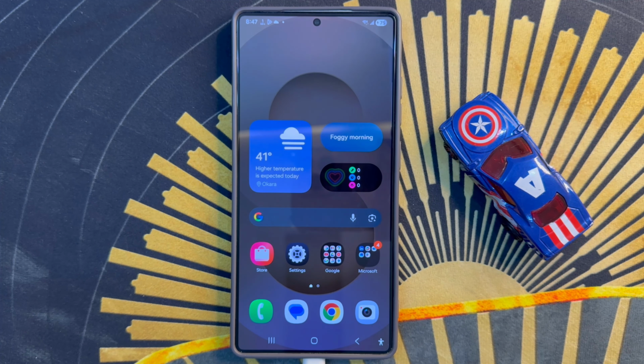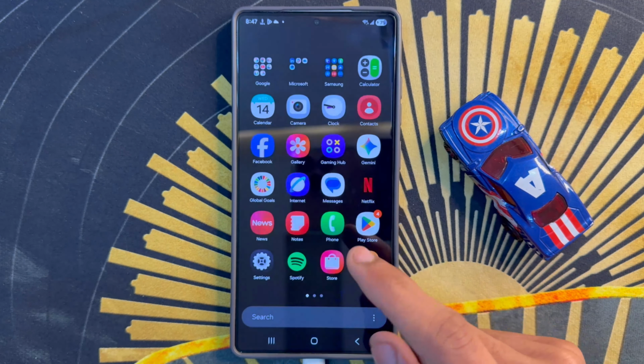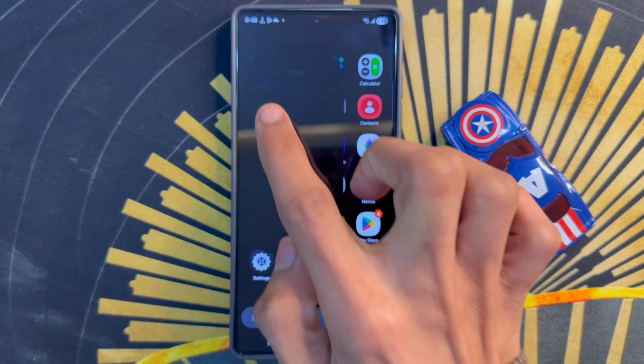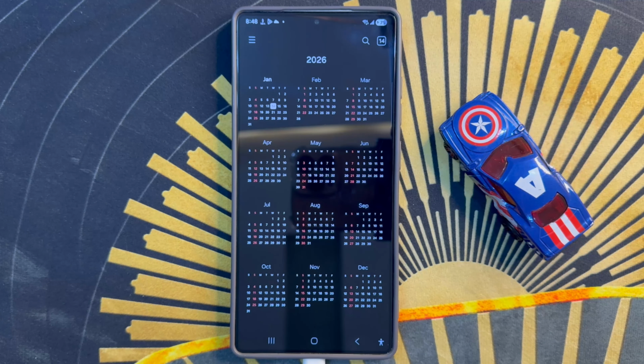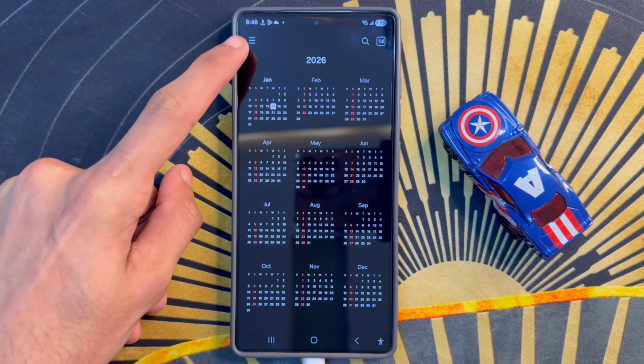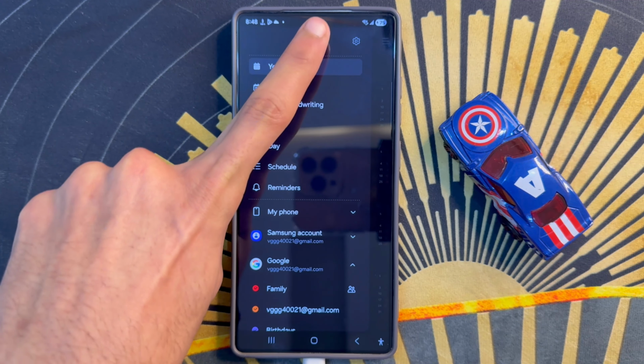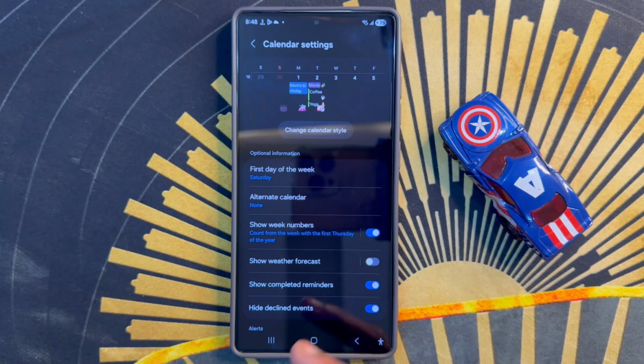Let's start the video. First of all, go to App Library. Here, click on the Calendar app. After clicking on the Calendar app, click on this three-line icon and click on the Settings icon. Now in Calendar Settings,